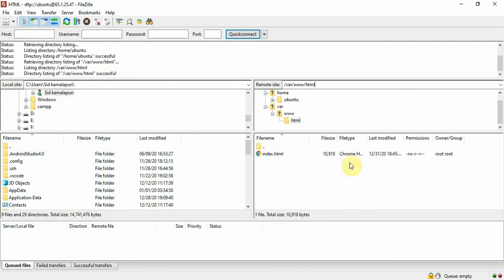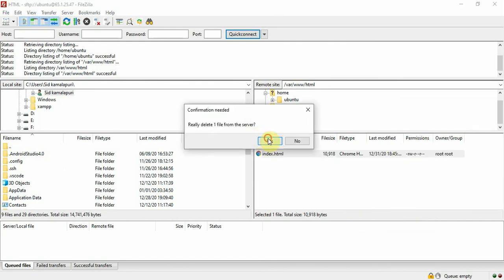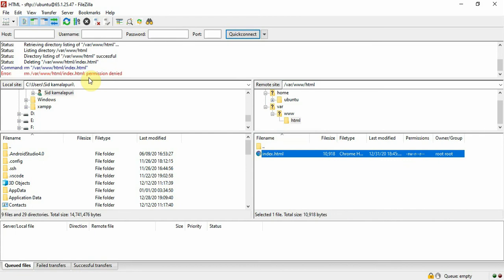But once again, here the owner is root, and we have logged in through ubuntu. This will cause an error whenever we try to delete this, so that we can delete it and put our files here. So it will not happen. Permission will be denied. So at first we have to change the permission from root to ubuntu.